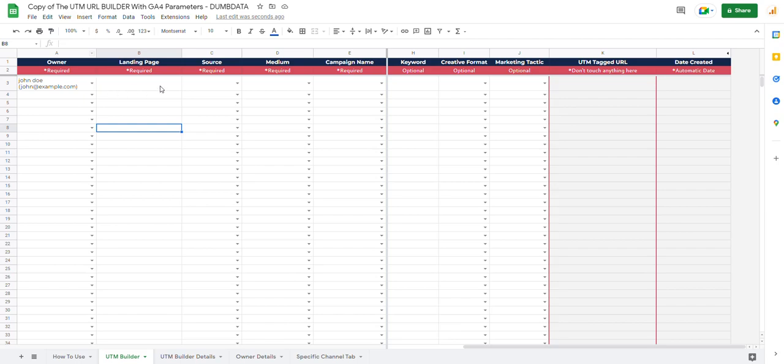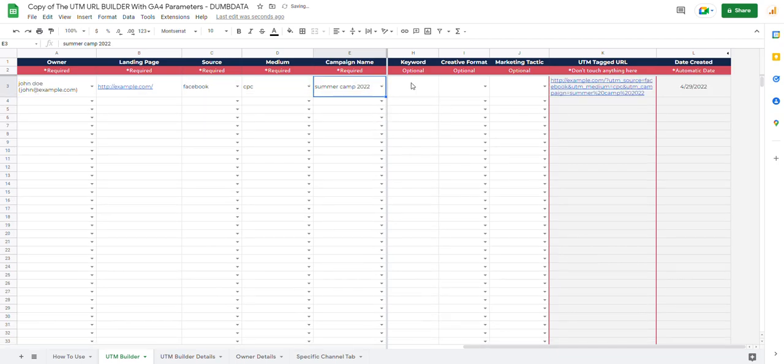Let's say, for example, John Doe is trying to create a new UTM for this landing page, which is the home page. Let's say the source is Facebook and the medium is organic, or let's say CPC. Let's say the campaign name is Summer Camp. It gets created automatically with the date, which is automatically generated for you, so that for the sake of documentation,